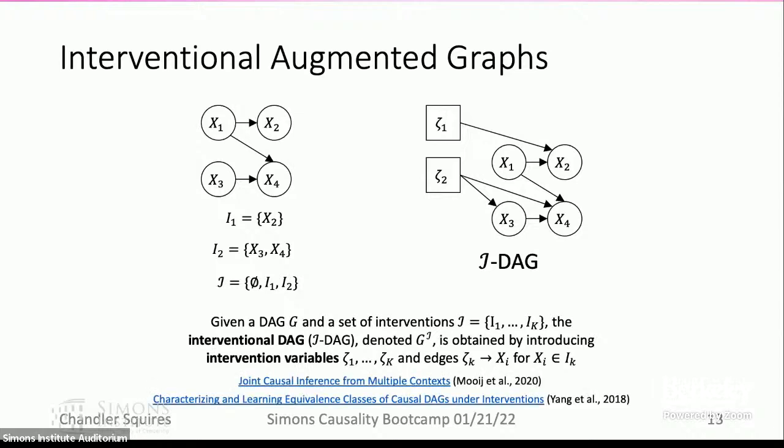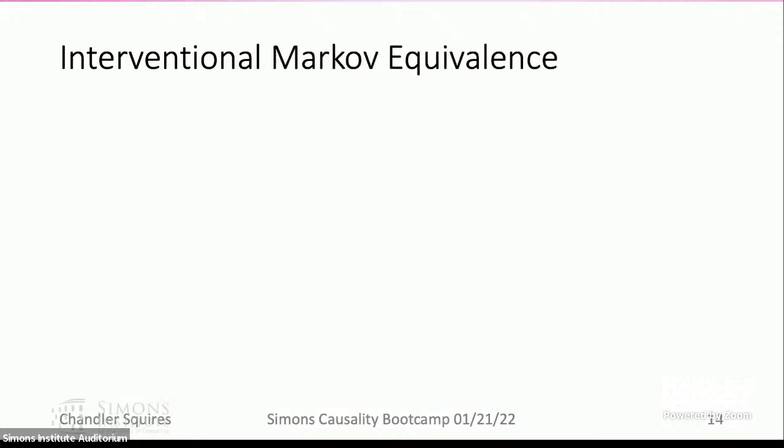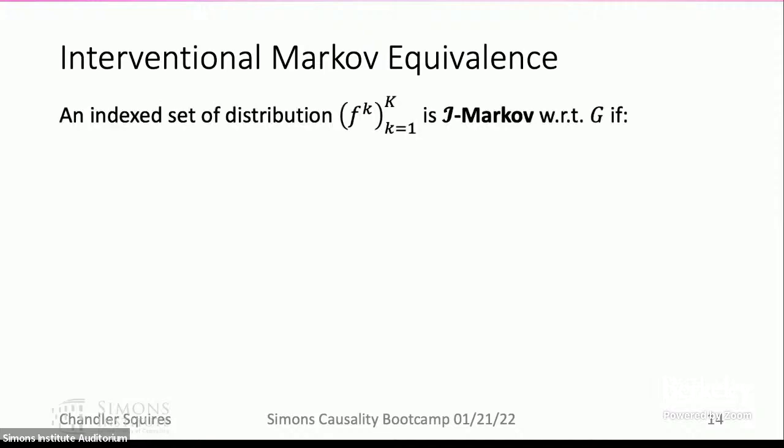Right, so this kind of construction is maybe a bit more recent way of viewing what interventions are doing to a system and obtaining facts about Markov equivalence in our interventions and stuff like that. So talking about Markov equivalence, the original definition that we had for an observational distribution was that a single distribution was Markov to a graph if